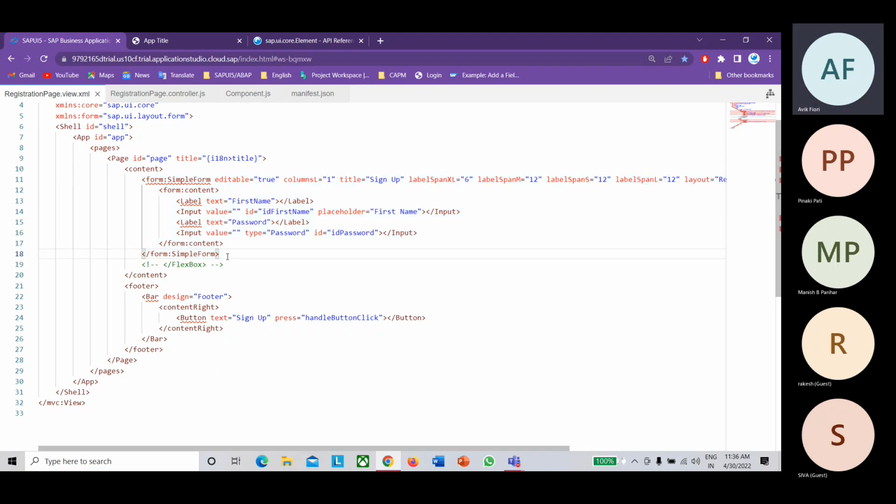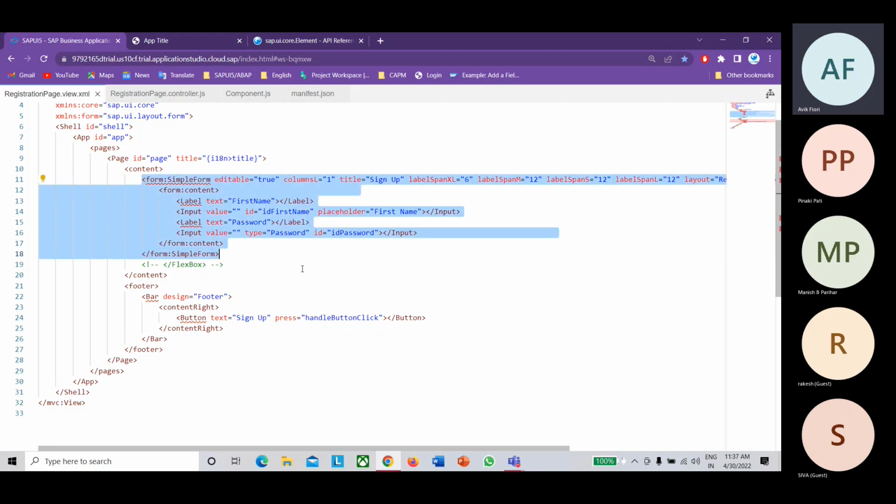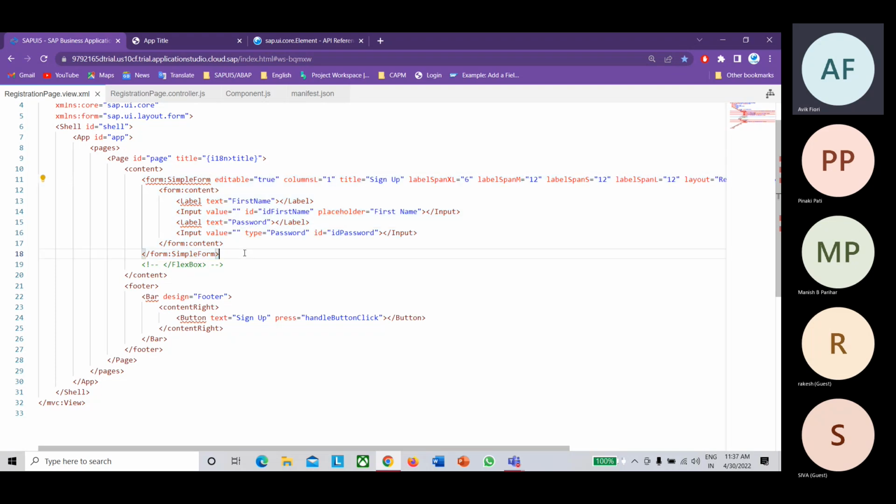But let's say instead of copy pasting, I want to reuse the same code in a couple of places. So what should I do? I can use fragments. I can create an XML fragment and add this code inside the fragment. And wherever I want this simple form to be displayed, I will load only that fragment in that place. You don't need to declare the same lines of code in a number of places. Only one line of code is sufficient to load the fragment inside the view file. This is what you can achieve through the fragment, which means you can reuse the code.